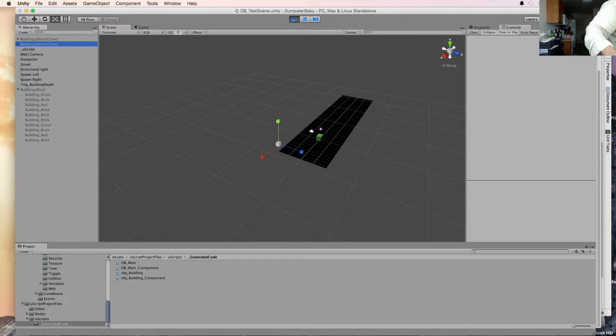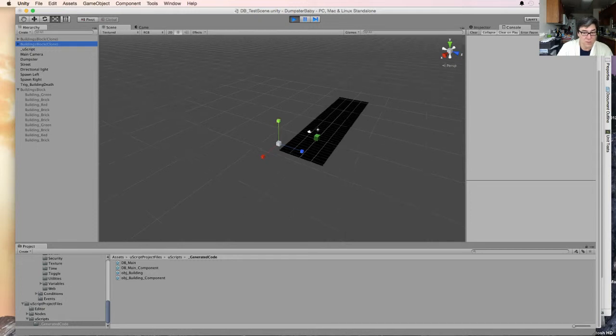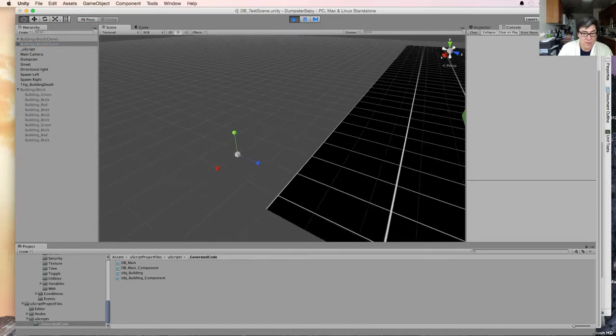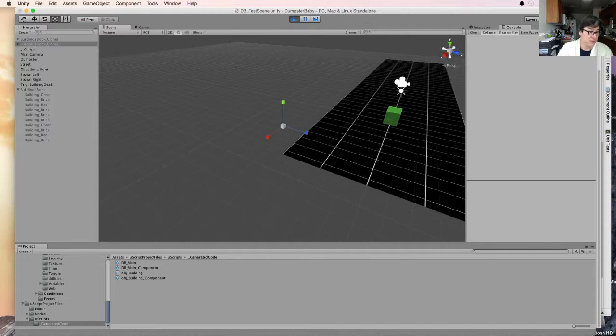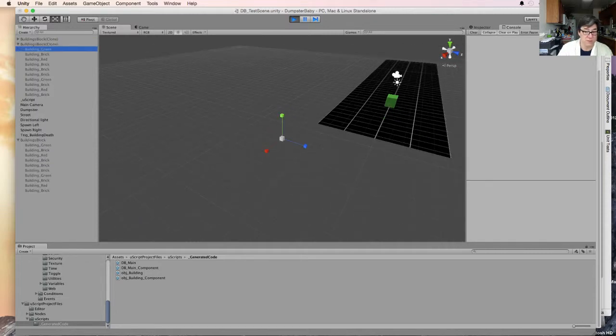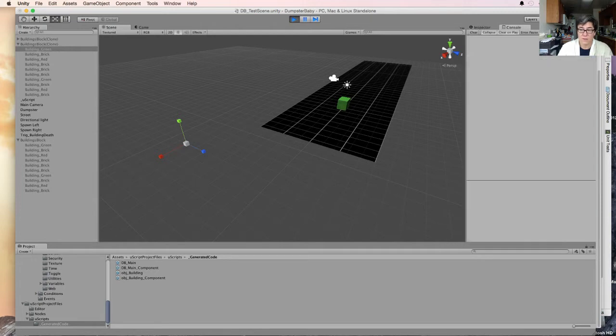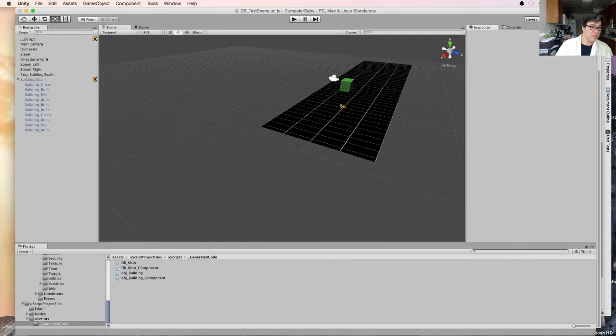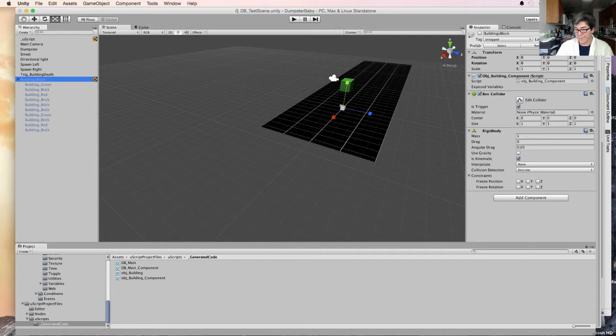Okay, so now I spawned buildings that now have a rigid body on them. Main piece, but what's happening is they're not showing up. I have a feeling that I have some physics issues going on here. Let's go look, because now it says it exists in the world, right? But there's nothing there. Where are my buildings? That's all I'm saying. Where's the green one? Okay, he's out here. So let's talk through that. Is kinematic